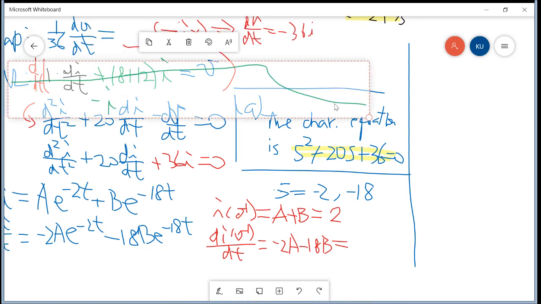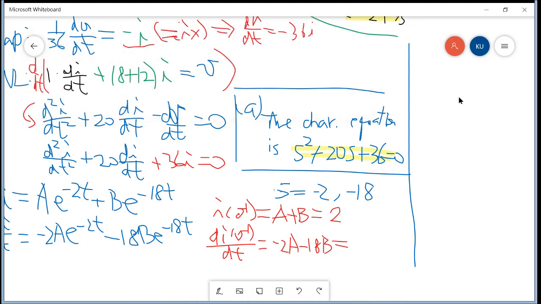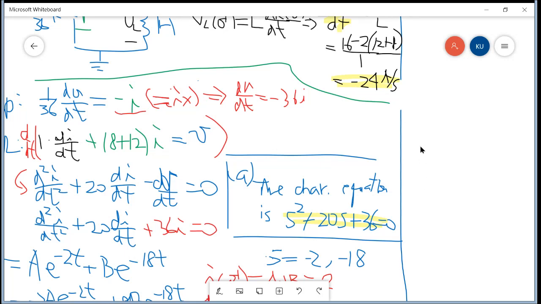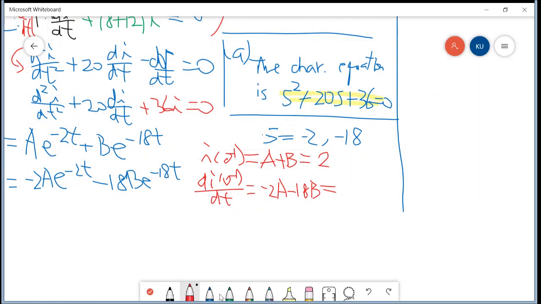This one is minus 24. So we multiply this one by 2 and then add them together, so that we will have minus 16b